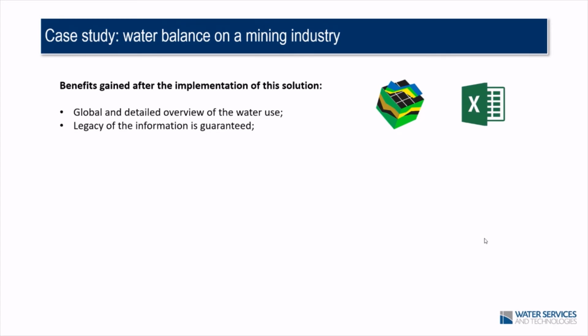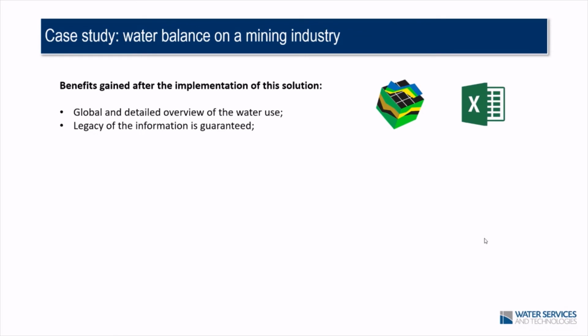And let's say this person is retiring, and tomorrow he's not going to show up at the mining company anymore. The person who's going to take care of this data now has to know where this data is, how all the data was analyzed, and if these tables are inside some random folders